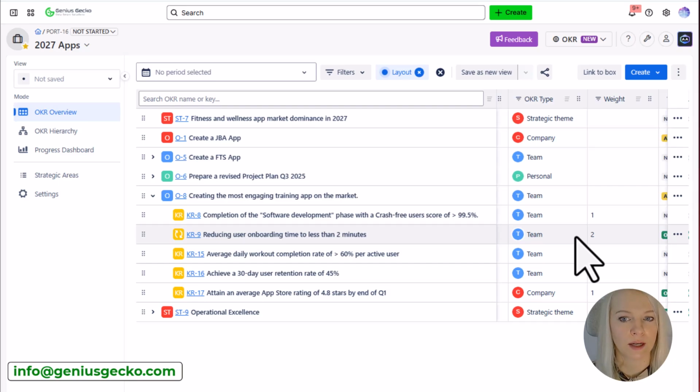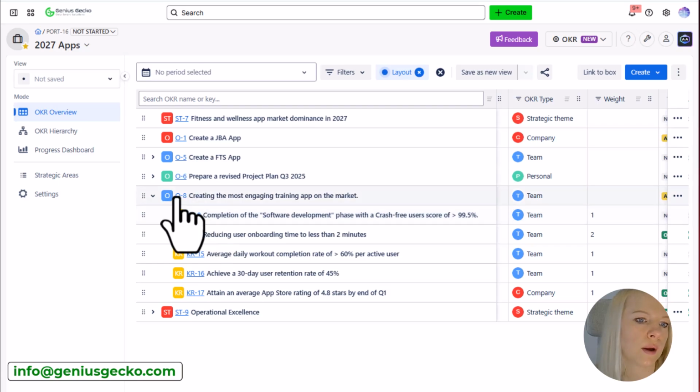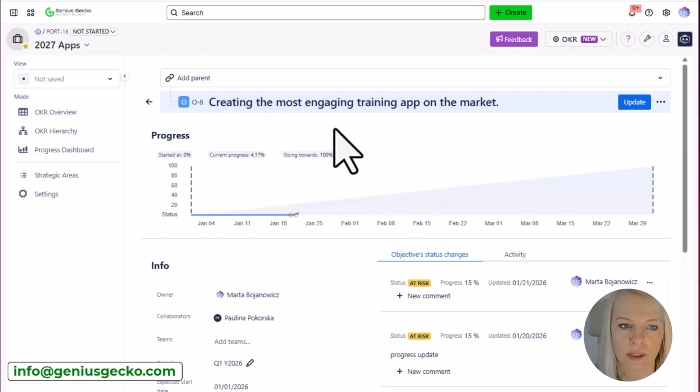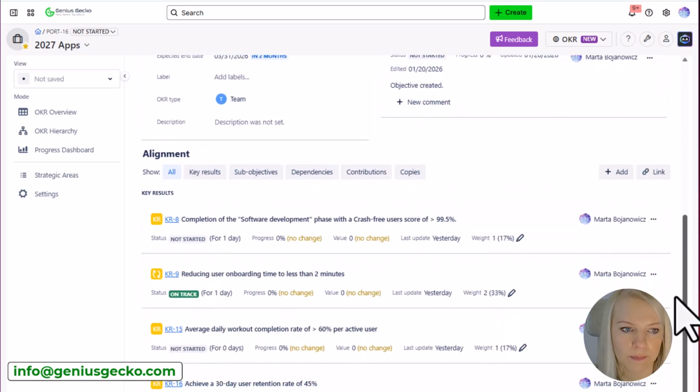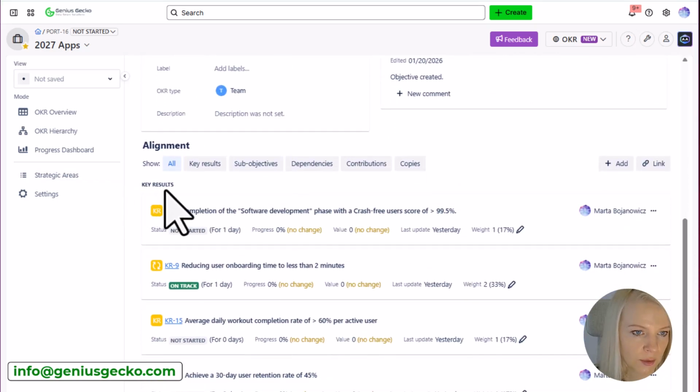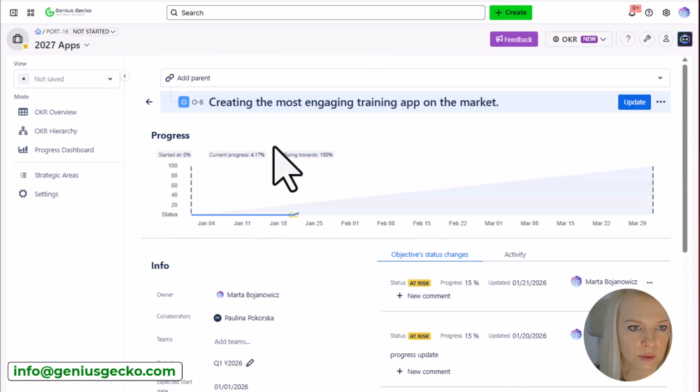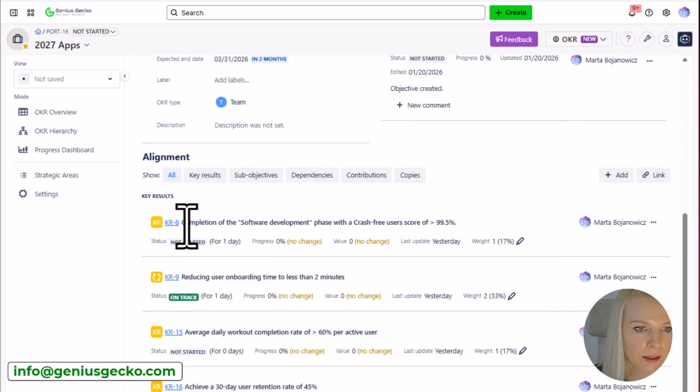This is the real project management, and it's all connected, because if we would go to this objective, you can see the progress chart in here, and down below you can see the alignment. Those are our key results, and in this place you can see that weight 1 means 17%, weight 2 means 33%, part of the progress. What would happen if we would go to one of those key results? And before that, let's look at this current progress. It's a bit more than 4%. Let's go to one of those